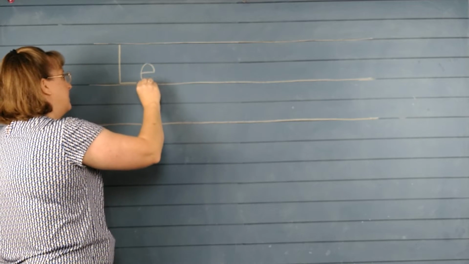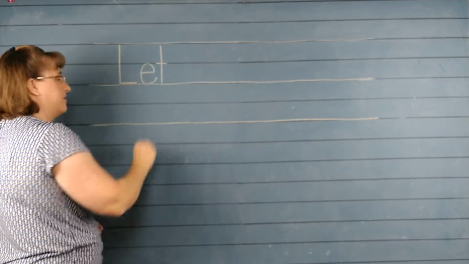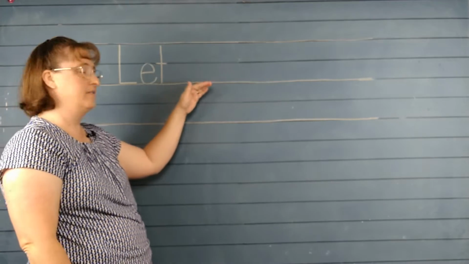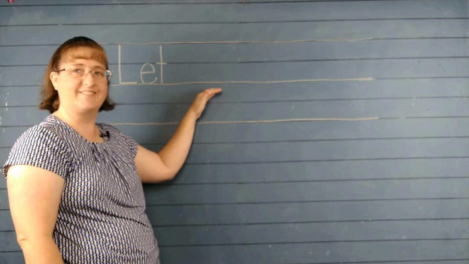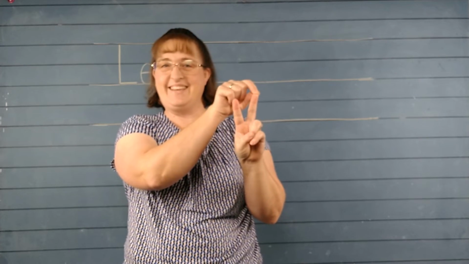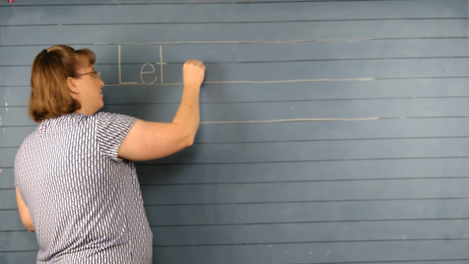e, t. Good. Let. What's next? Me. Give me the sounds. Here we go. M, e. We're going to put our finger down to make a space. We're going to move over and write